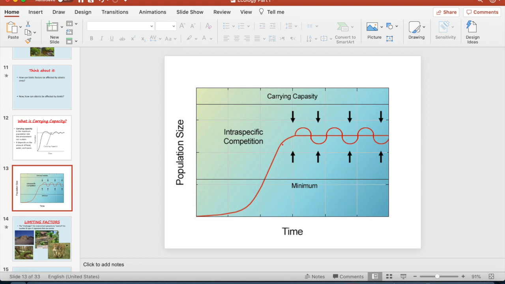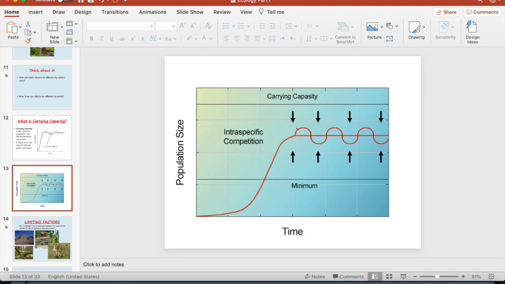Species naturally, one of the things that drives them is to reproduce. So they're going to want to reproduce, and the amount of offspring that they have is always going to be more than just the two parents. Think about your dogs. How many do they have in a litter? Anywhere from 5 to 10. So every time there's a litter, every year or so, their population size is going up and up and up and up.